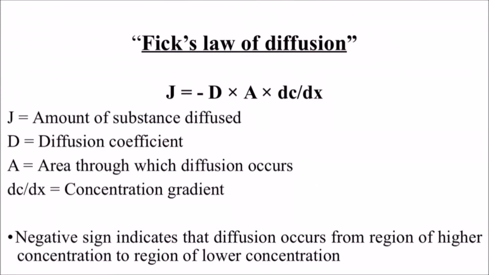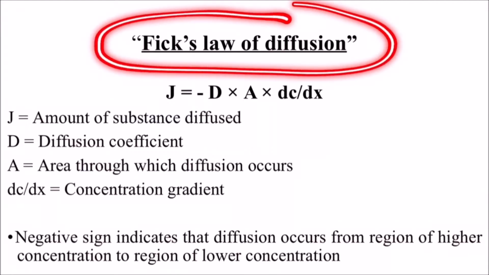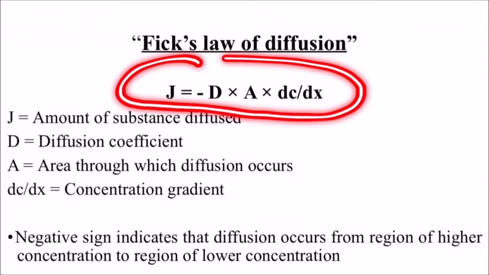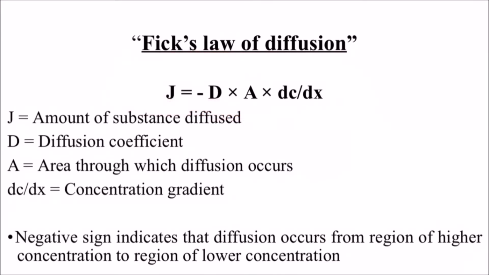Fick's law of diffusion. What is this Fick's law of diffusion? There is a formula for Fick's law of diffusion. It is nothing but J is equal to minus D into A into dC by dx, where J is the amount of substance diffused,